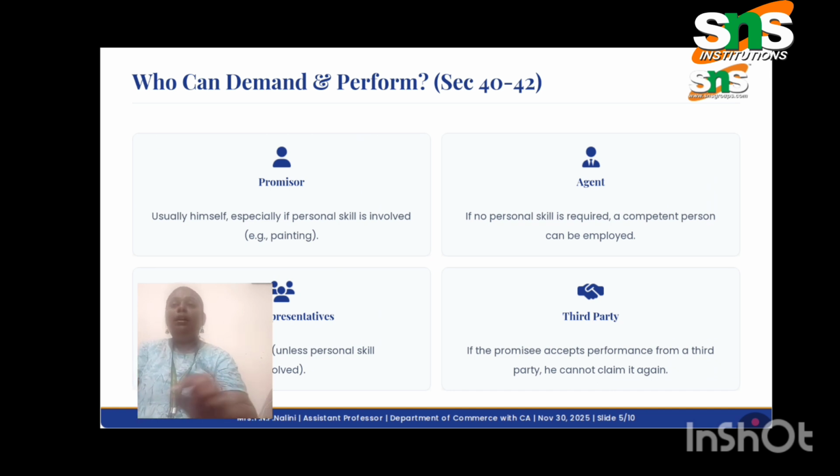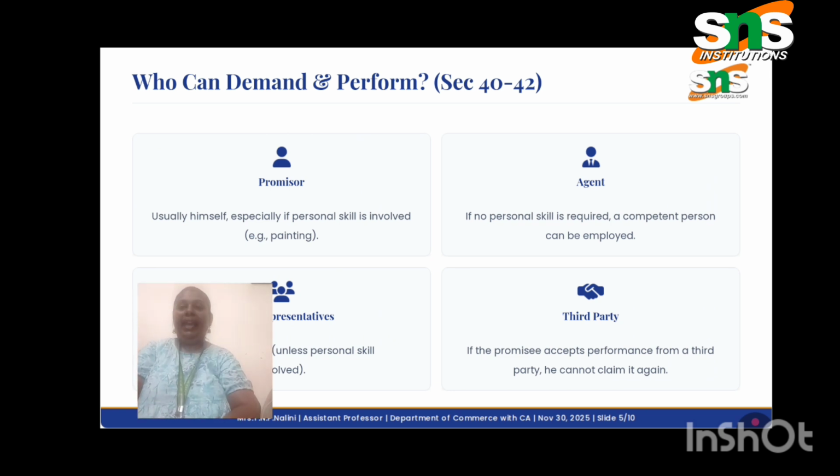The promisor who made the promise must perform it, especially if a skill is very important, like a person who can act very well, sing very well, or perform a dance in a superb way. These are the promises they made, and they have to perform for an occasion or an event, whatever it might be. It is called the promisor. Usually he himself performs, especially when a personal skill is involved.